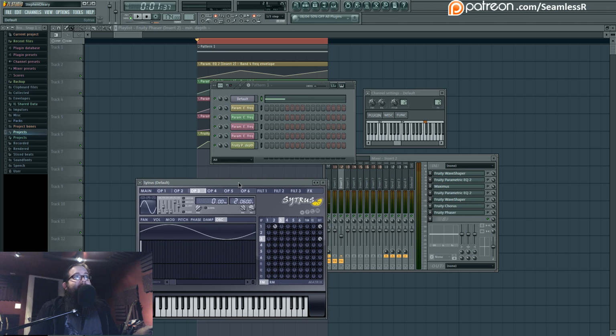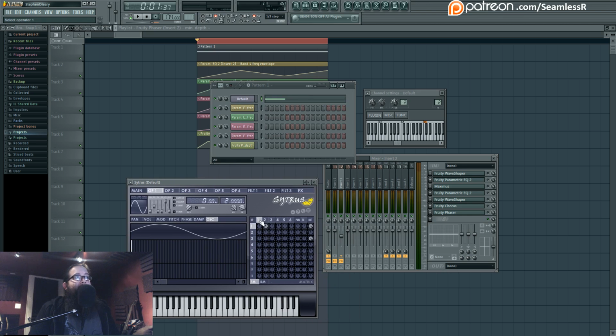I use Serum, and I have operator 1 as a sine wave. Operator 2 is almost a saw wave, or is it just a triangle wave originally, and then I had a whole bunch of the original lower harmonics, and I messed with the phase a little bit just to keep it interesting. And I'm not modulating the FM, it's just static at this position. And then I also have it up to pitch ratio 4, which is an octave higher than what it would be normally. And then oscillator 3 is just a sine wave with the pitch just a little bit off, so we get that beating effect,